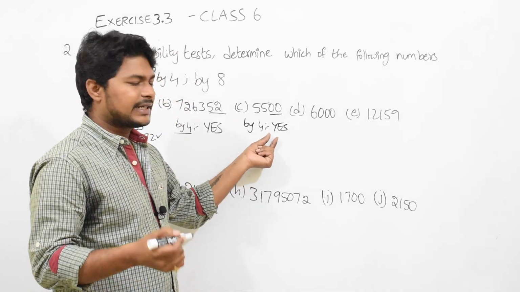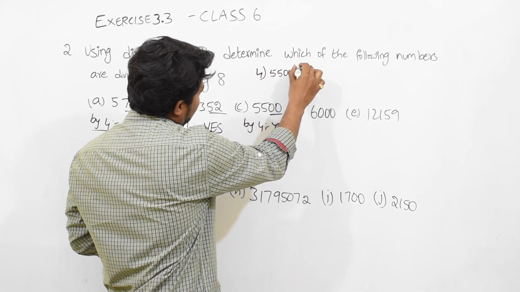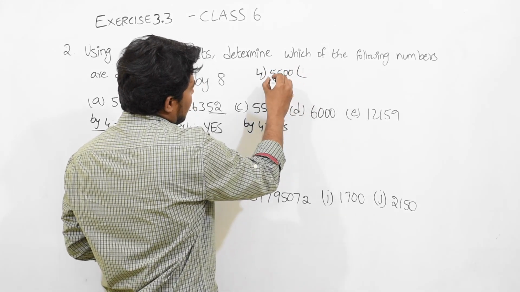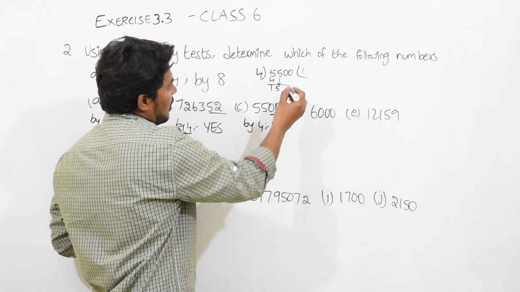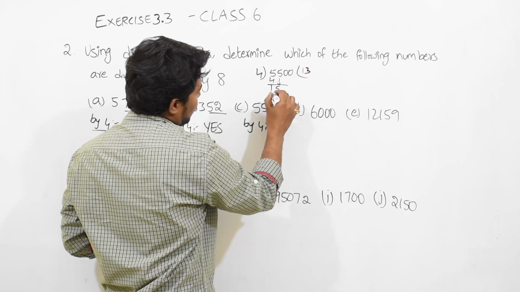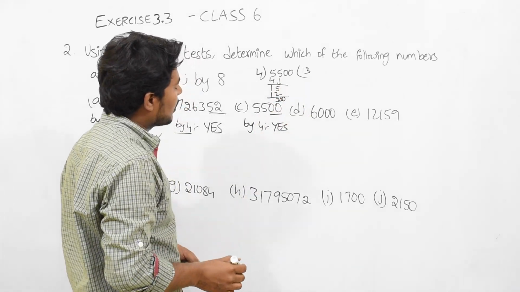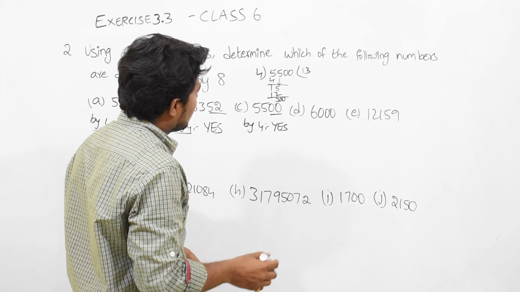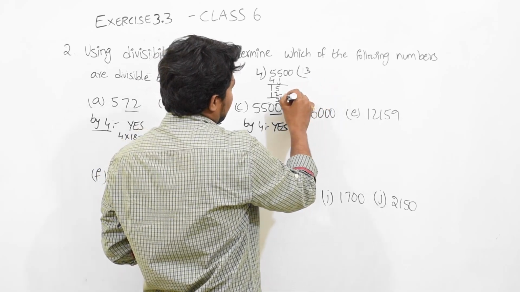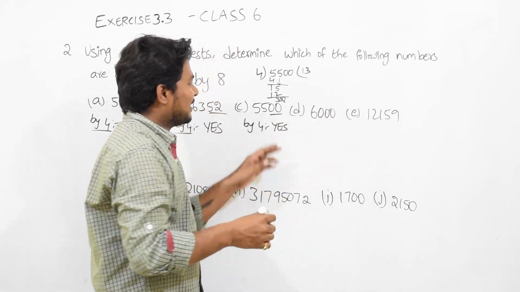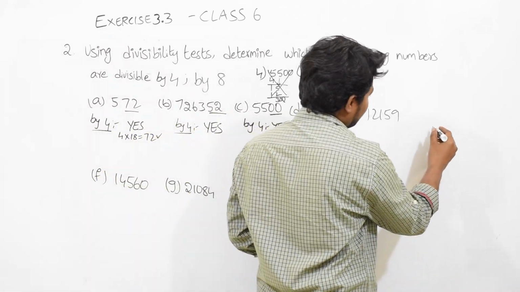If you want, you can cross-check also, like 45500, you divide by 4. 4 ones are 4, 5 minus 4 is 1, you bring down the 5, and 4 3s are 12, remainder will be 3, you bring down these two zeros. Okay, I think there is no space here. If I write it anywhere, it will become confusing. Okay, I will explain it here.